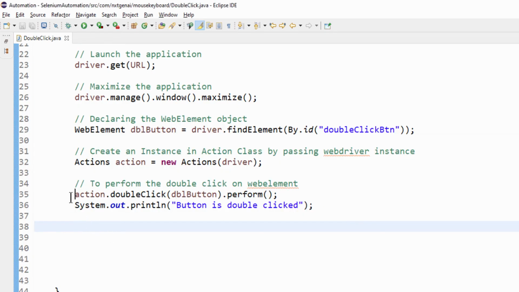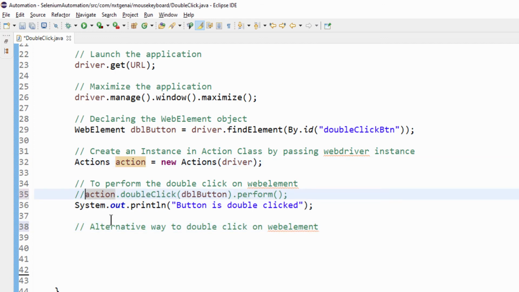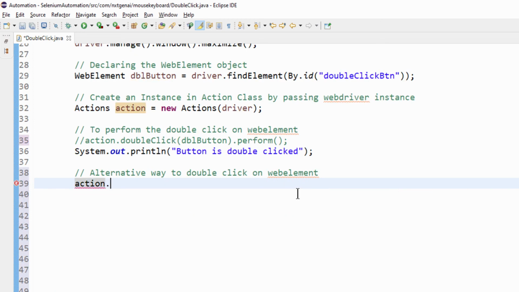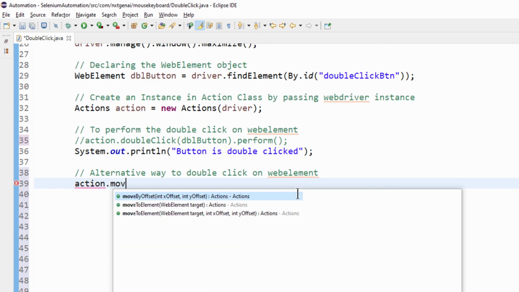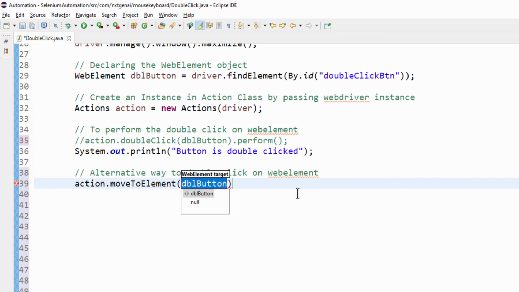In addition to this syntax, we have an alternative way to do double click. You can perform whichever you want. Let me comment this. Action object dot, we have a method called moveToElement, and which element? dblButton. This moveToElement means it will move the mouse pointer to the middle of the button.